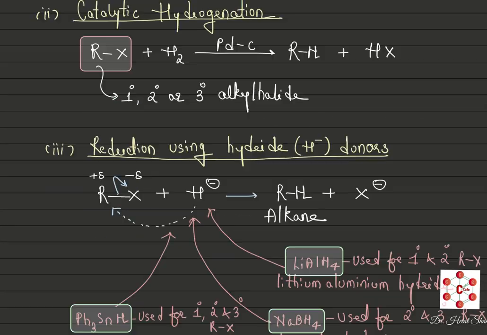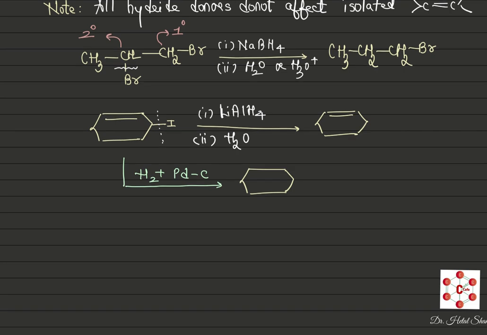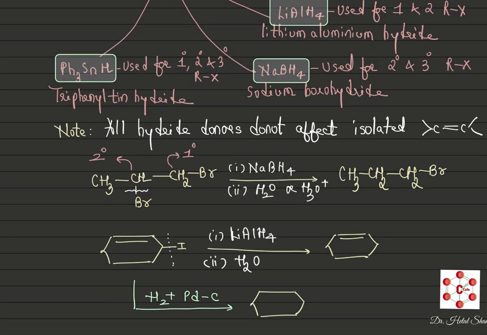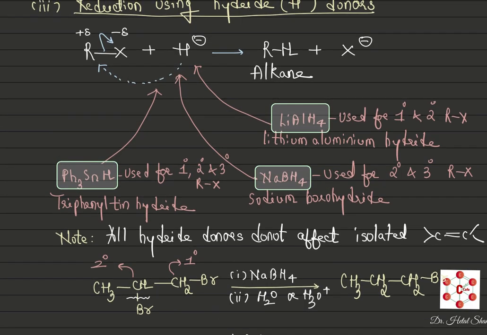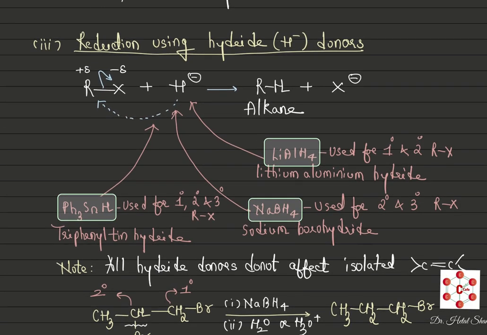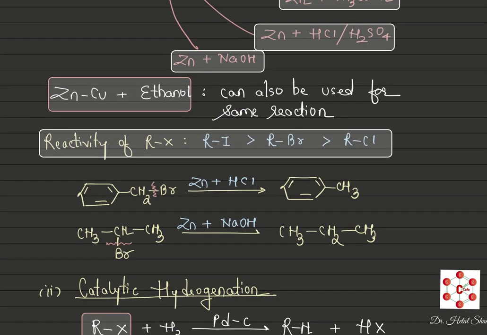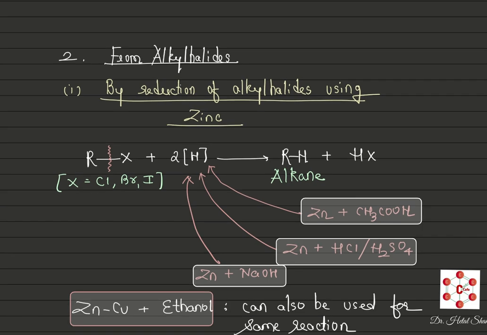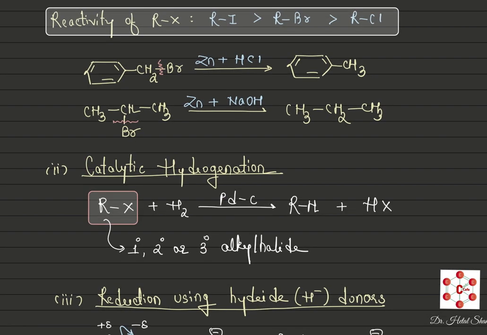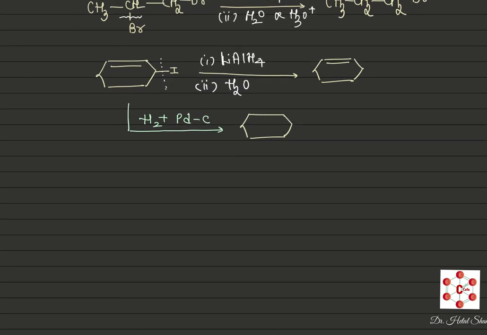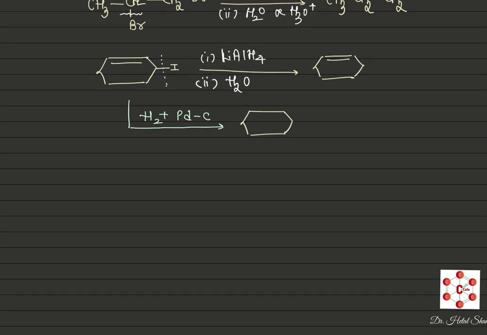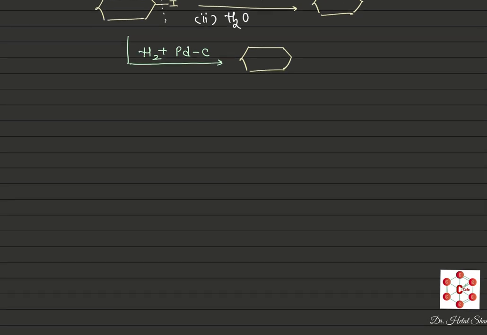So this was the third way of reducing alkyl halides. Those who are going to do only boards later on should do only the first process. The second and third are not to be done if you are going to do only boards. So make a note of this as well. I'm going for the fourth process. Pay attention. The fourth process that we need to talk about is